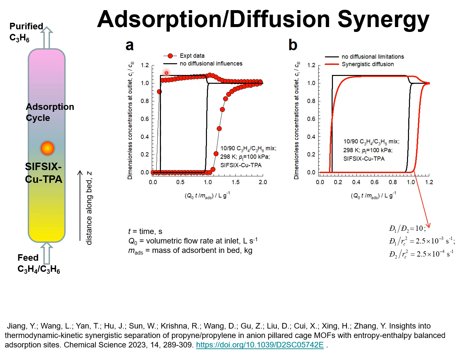The conclusion to be drawn by this comparison of transient breakthrough simulations without diffusional limitations and experimental data would lead us to conclude that there is synergy between adsorption and diffusion, and this synergy is described in detail